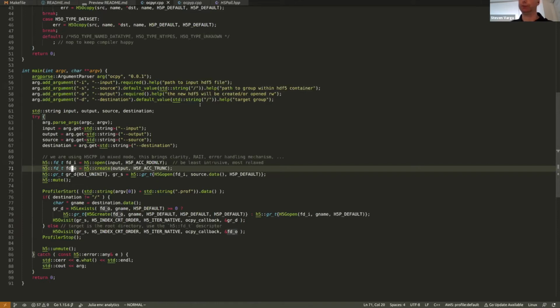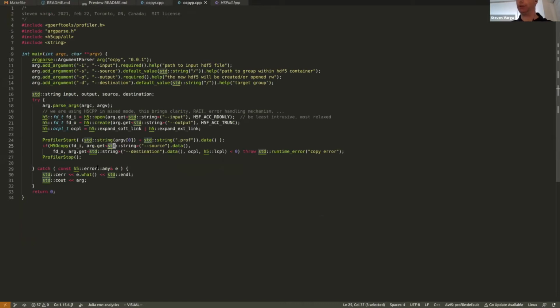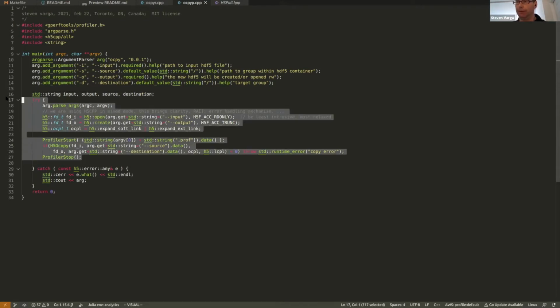You will find two solutions on the GitHub page. One of them with a recursive copy, in a sense that using a visitor pattern, as you can see the H5O visit, and an alternative one, which is the traditional approach, is provided. It is a much terser property list approach. And toying with both solutions, I do recommend the property list approach, which is the matching with the original H5